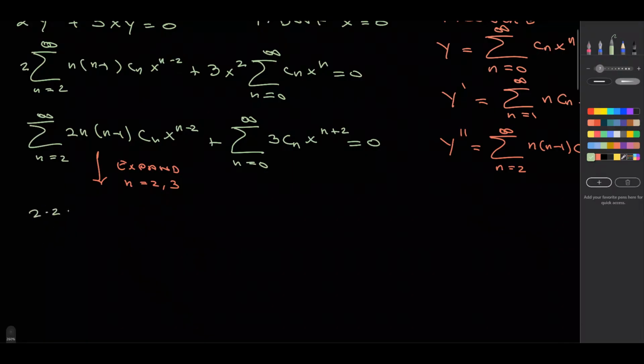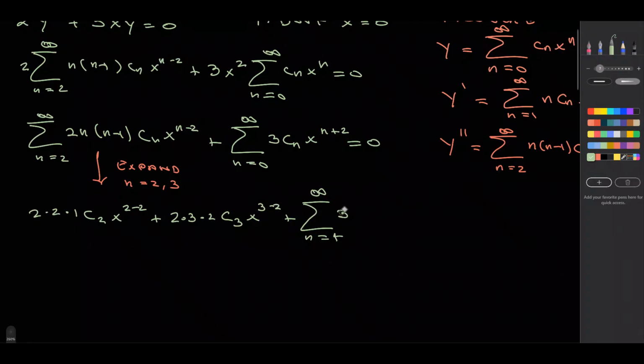That'll be 2 times 2 times (2−1), which is 1, c₂x²⁻², plus 2 times 3 times (3−1), which is 2, c₃x³⁻², plus Σ now starting at n = 4 all the way to infinity,